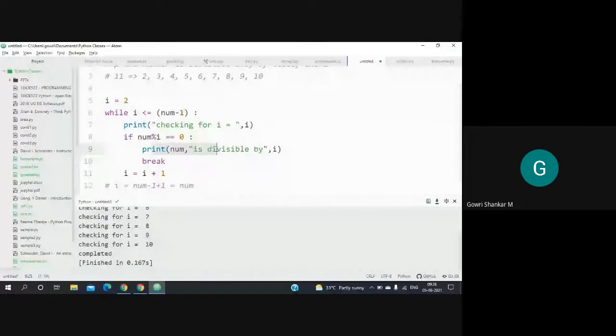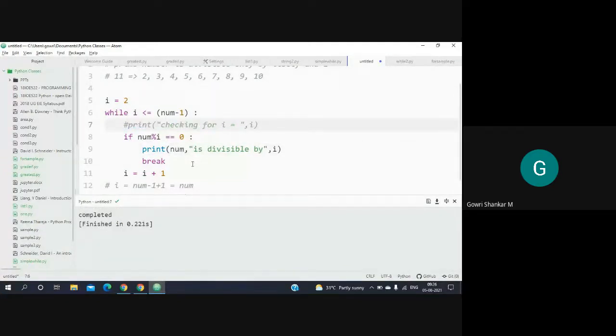These two statements belong to this if block, and the while block starts from here and goes up to this. So for 11, we are not getting inside this if condition, so we will not be executing this break. Now let me comment this.